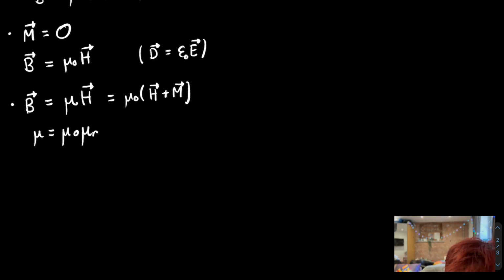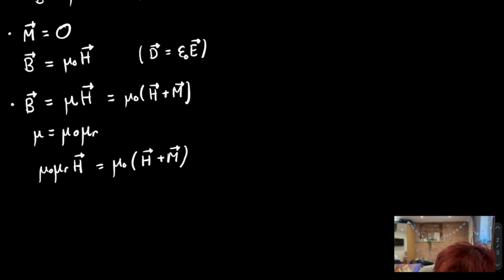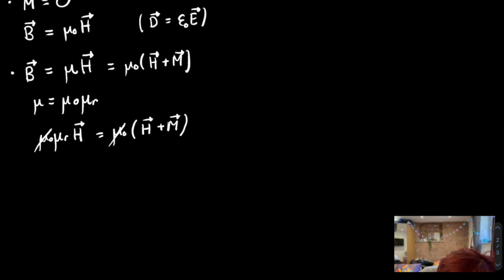If we substitute this in, we get mu naught mu r H is equal to mu naught into H plus M. The mu naughts cancel, and rearranging we get mu r H minus H is equal to M, the magnetization. Factoring this out, we get mu r minus 1 in brackets times H